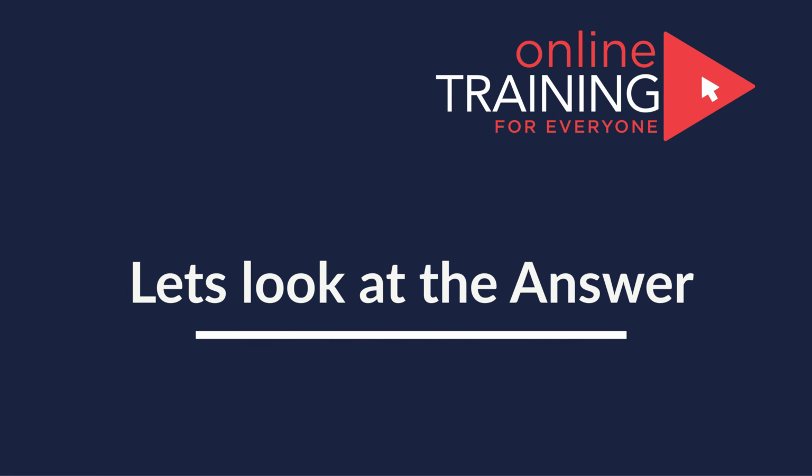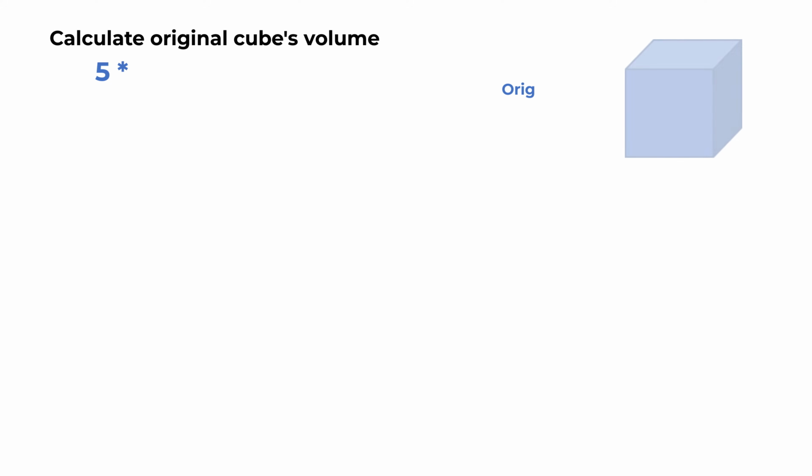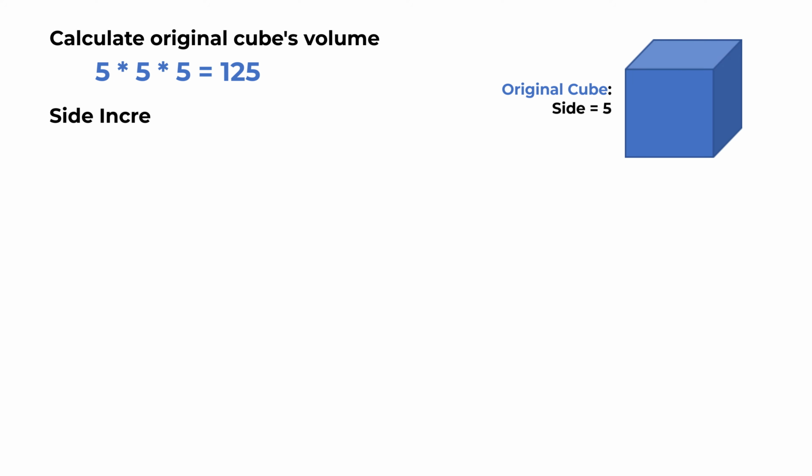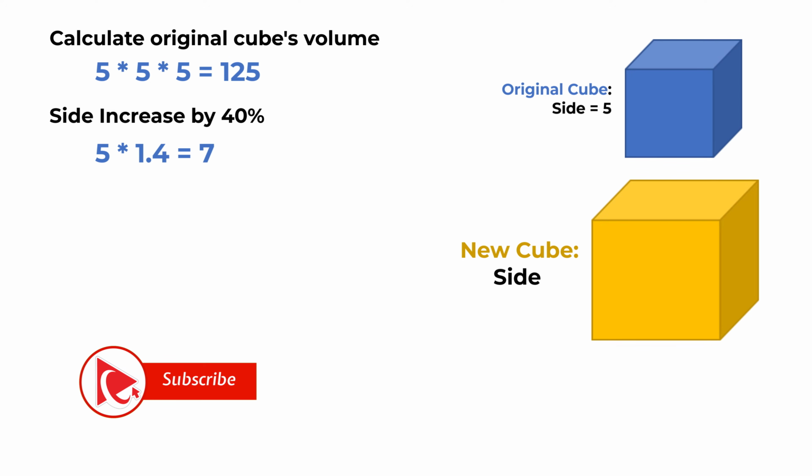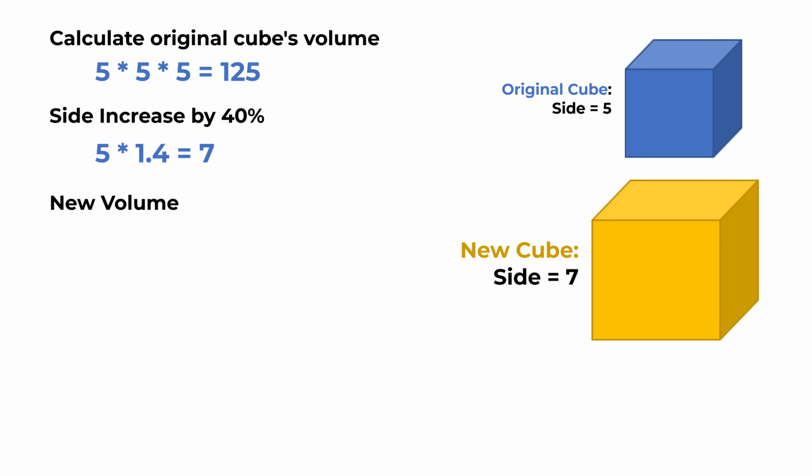First thing we're going to do is calculate the original cube's volume. 5 multiplied by 5 multiplied by 5 equals 125. Now let's increase the side of the cube by 40%. 5 multiplied by 1.4 equals 7, which means that the new cube's volume would be calculated as 7 multiplied by 7 multiplied by 7, and the end result